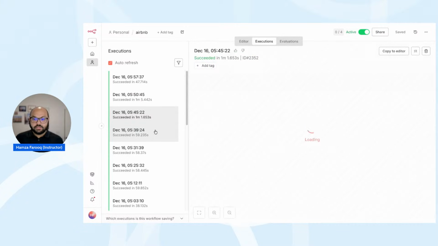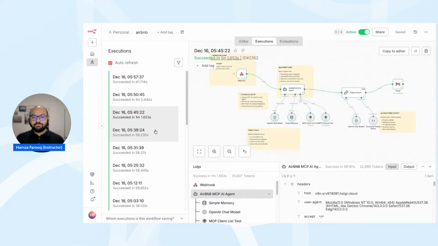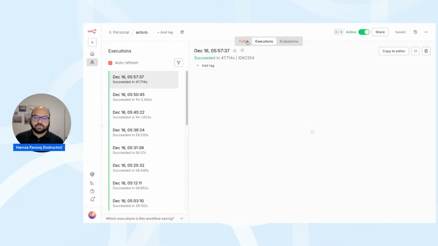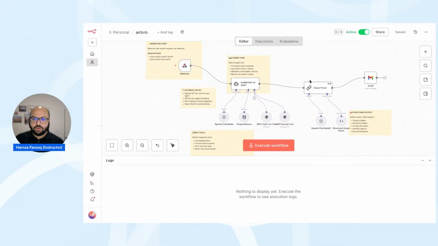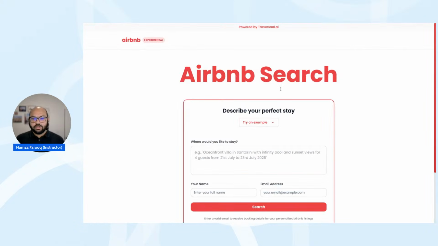All of those things are there, and it is logged. So having the capability to log something is really, really good in this automation agent. If you are interested in learning or using this, the Airbnb tool, if you've not seen this before, you can try it out over here. We'll share it in the link so that you can follow through.